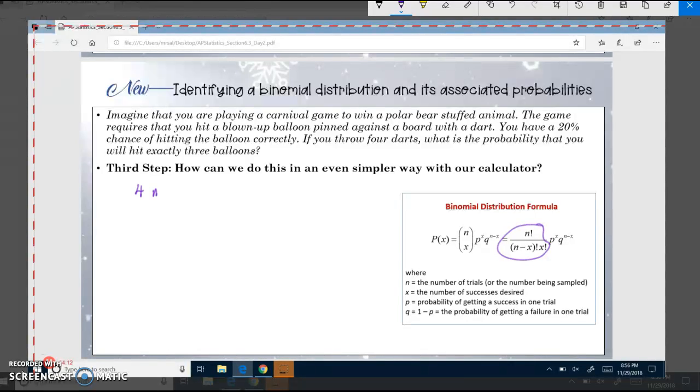I can use the NCR, which is the pick or the choose button, depending on which operation you're performing, and choose 3 successes. So what you want to do in your calculator, you guys, is hit the number 4, then go to your probability option. So from your math, go and find probability, and pick option number 3. So option number 3 should say NCR. Then go ahead and enter